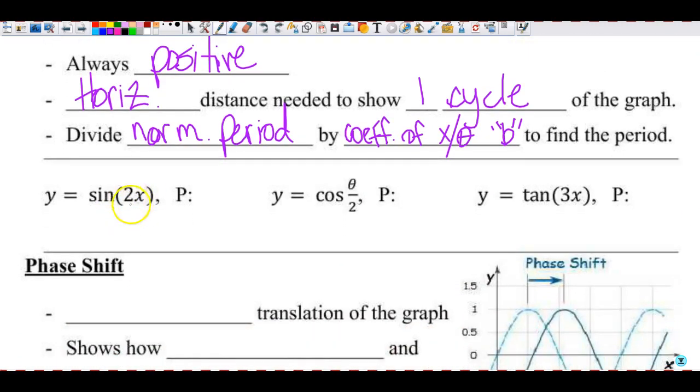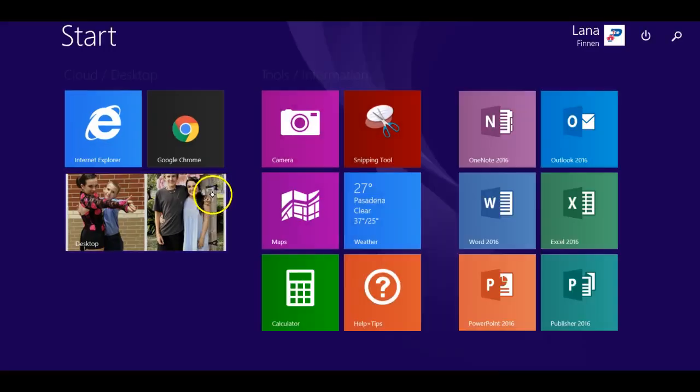This is your b. It's right before x. This is not right before theta, but that would be like 1/2 times theta. And then right there we have a 3. So in order to find the period here, since this is an x, that means we're using 2 pi. We're going to divide it by this coefficient, which is 2, which means the period,